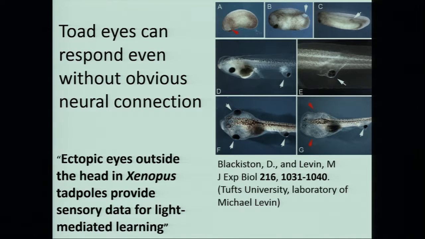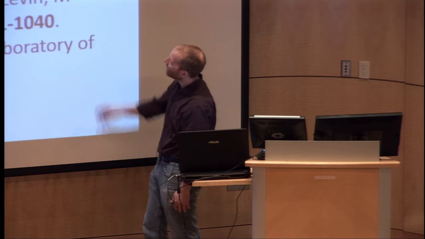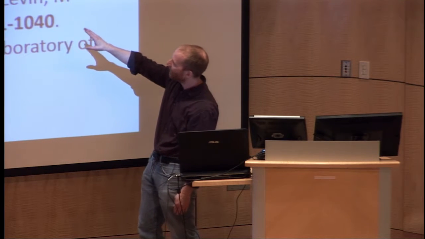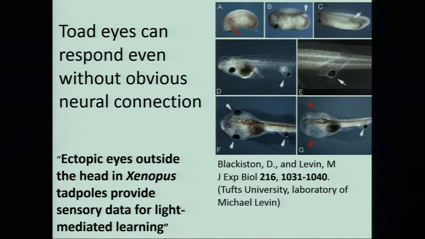eye-related piece of recent research, and I put this one on in part just because it's cool, but it's also arguably relevant. This guy, Blackiston, out of Tufts, took Xenopus toad tadpoles, and he took their eyes and moved them onto the haunch of the tadpole. And what he found is he could train these tadpoles to recognize light coming into an eyeball that's connected to its backside. So this eye is like this incredibly autonomous unit that's acting even without an obvious neural connection. Very strange, but maybe tells us that the eye has even more autonomous capabilities than we would usually give it